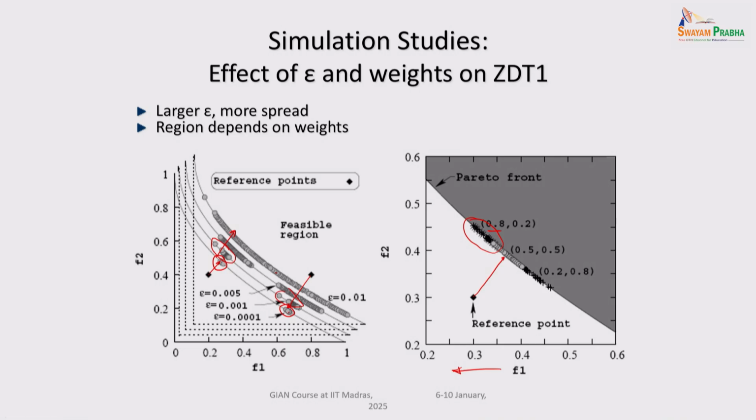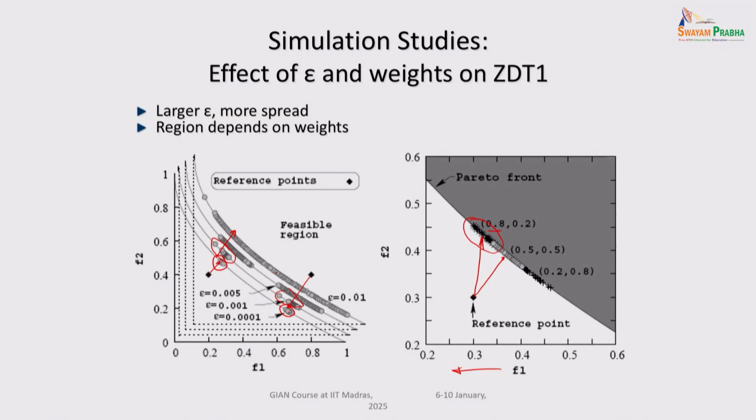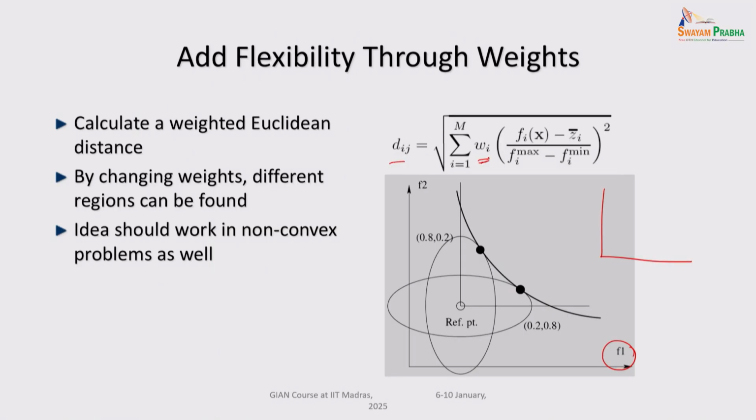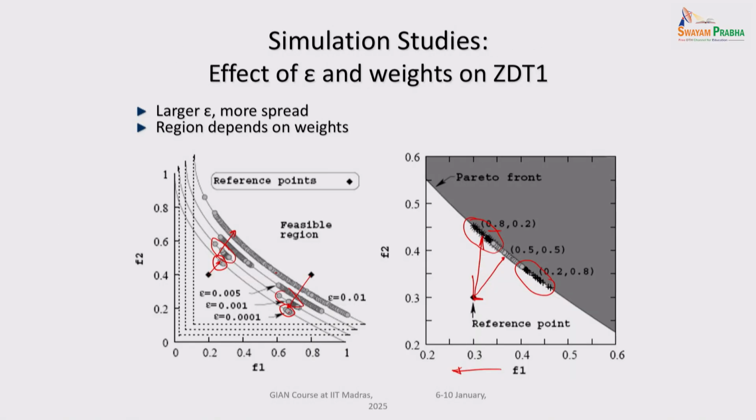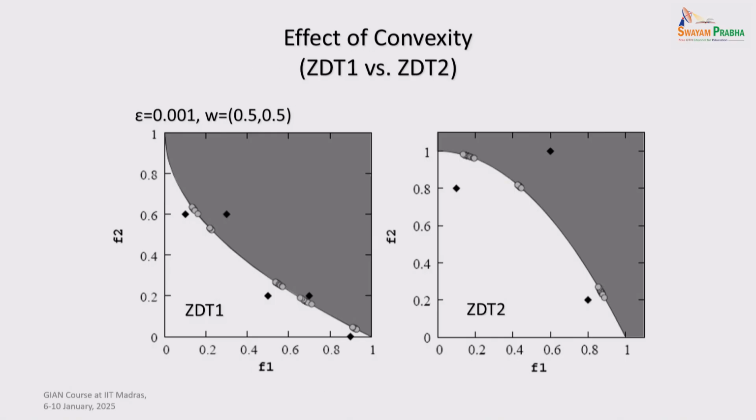If you want more solutions with smaller F1, then you give more weightage to F1, and then your points move a little bit, because my smallest distance is not this distance now, it is going to be like this, because over here it's more important than over there. Same thing is the opposite here. If you give more importance to F2, you get here. Same algorithm, just changing these weights, you can achieve solutions not at the center but somewhere on the side if you want. Okay. You could do this with multiple reference points simultaneously, as you see that we always achieve it,